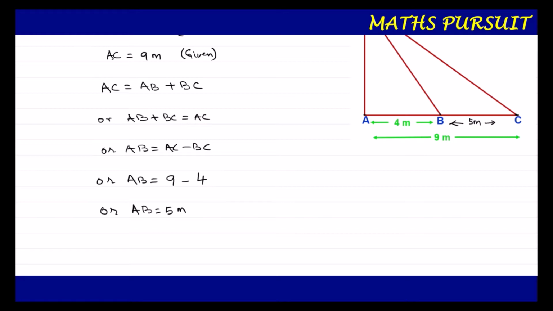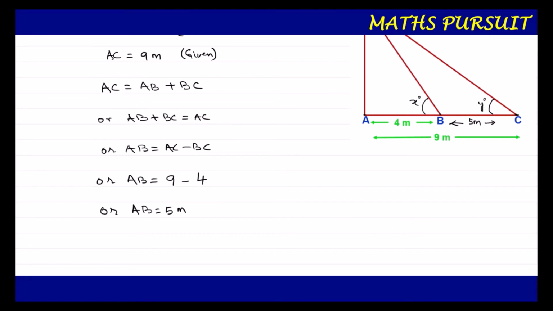Now guys, what is the question asking us to do? The question is asking us to prove that the height of the tower is 6 meter. The interesting thing in this question is that usually they give us the angle of elevation for the points, but here in this question they have not given it. So let us assume that the angle of elevation when the person looks to the point B is X degree, and Y degree when a person looks to the point C. So one angle of elevation is X degree and the other one is Y degree.